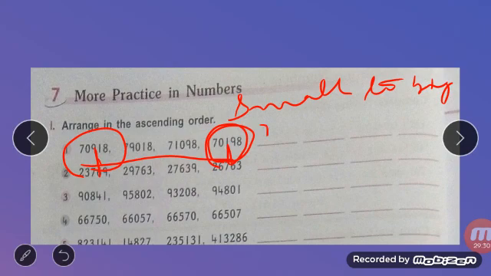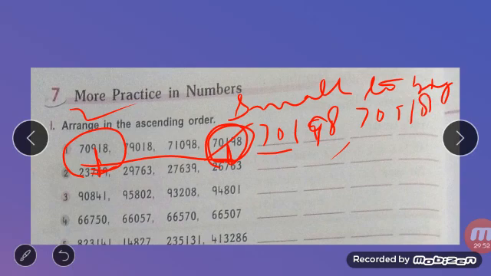So first of all you have to write the number 0, 1, 9, 8 in this column. Then put a comma. Next, because these two you got greater, this is done. This is the second: 7, 0, 9, 1, 8. Then next, 70918. This is also over. Cut it over. Now you have to compare these two.